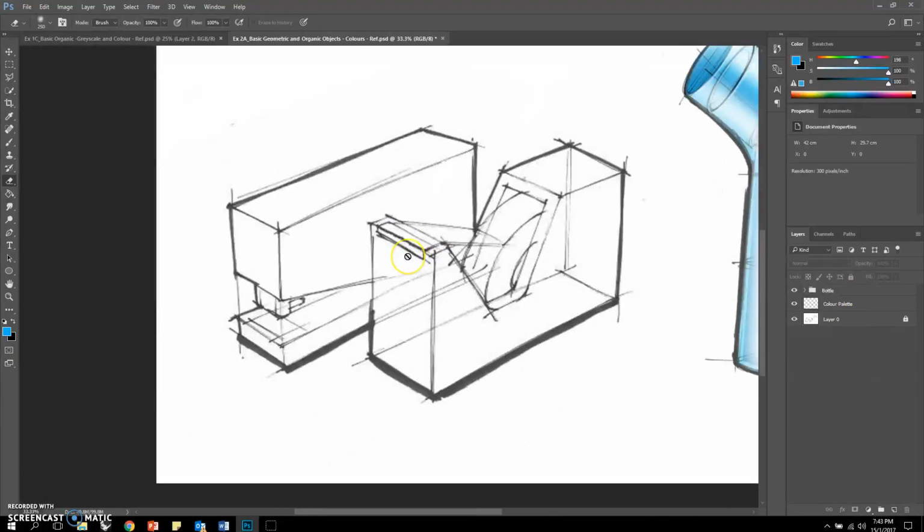Alright, so right now if we were to render this out, let's try the body in blue and the stapler metal bits in grayscale. Alright,